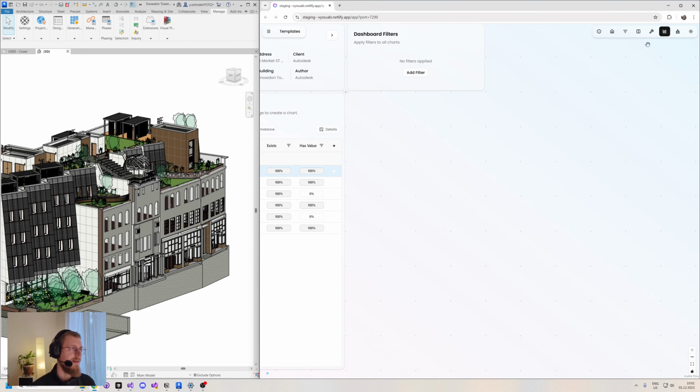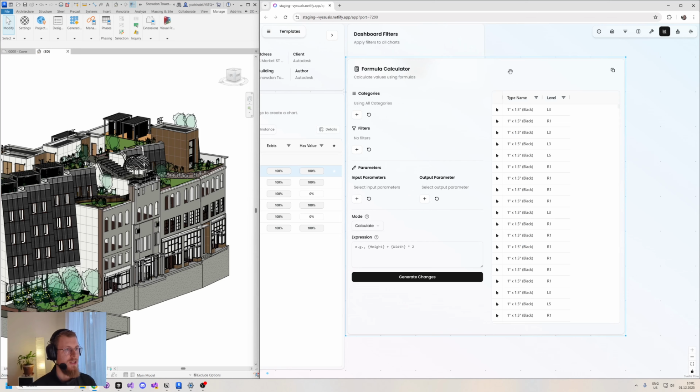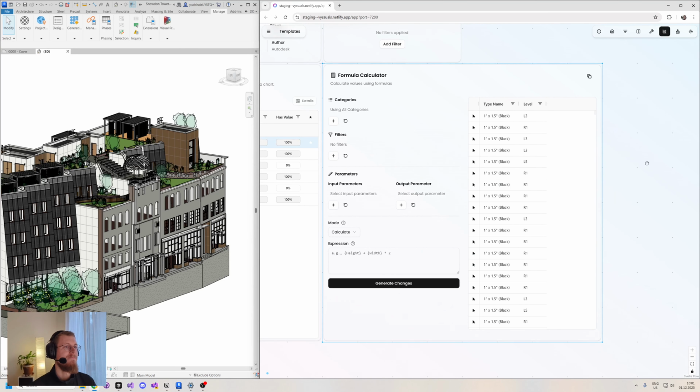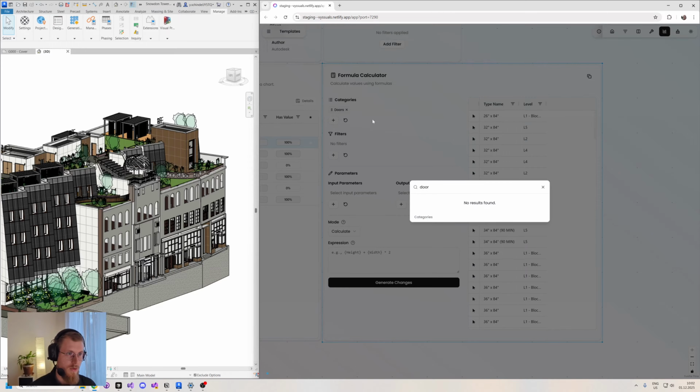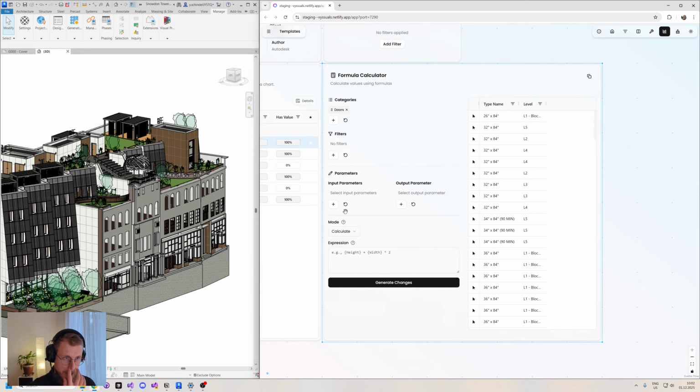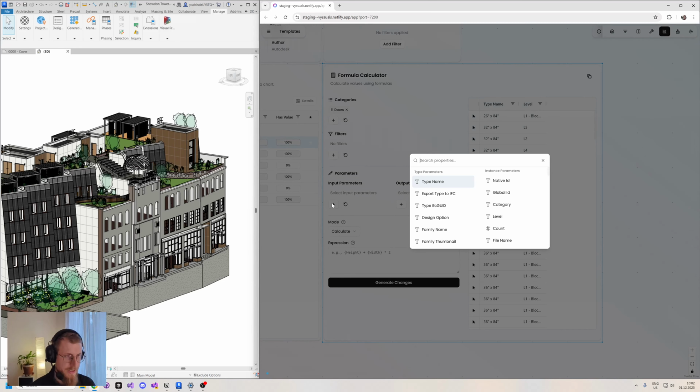Last one, and really not least, is the formula calculator. Revit formulas are kind of limited. And one of the biggest things on the Revit ideas board is people want to use text parameters in formulas. And I also wanted to use that. So let's do that. Doors again, no filters, input parameters. So you specify all the parameters that you want to use in the formula. And let's just do like the